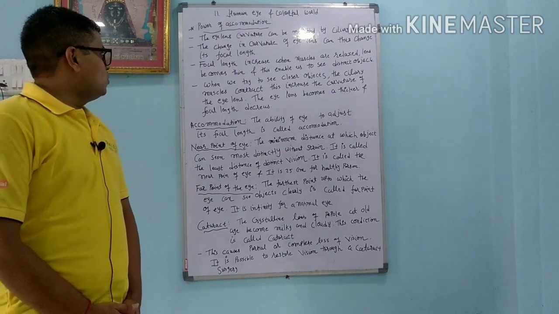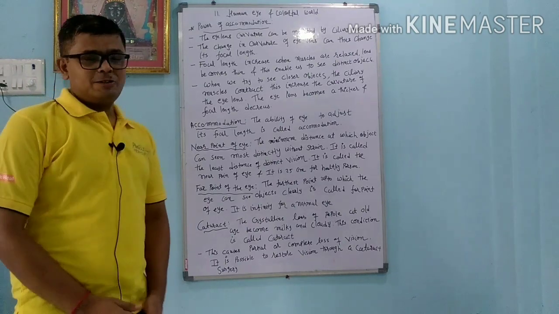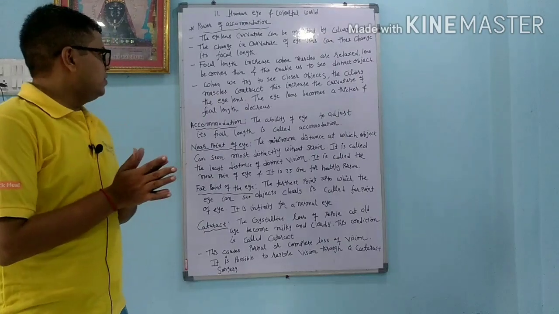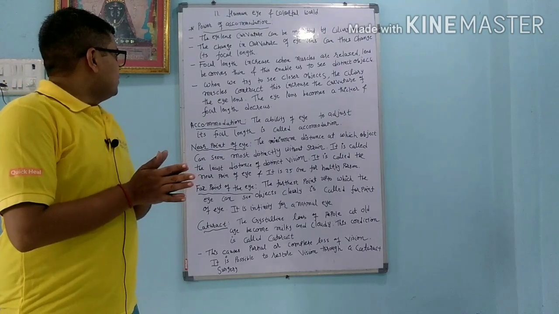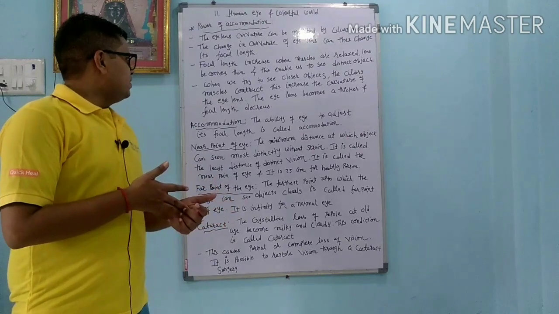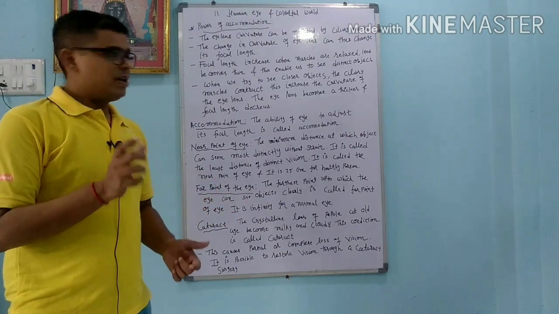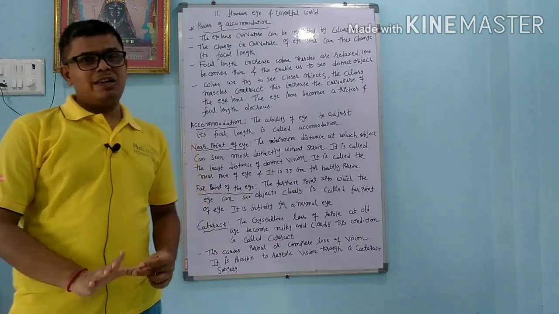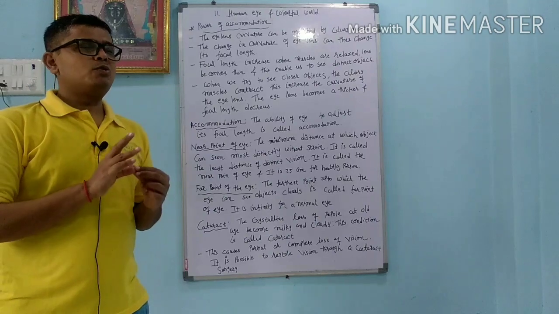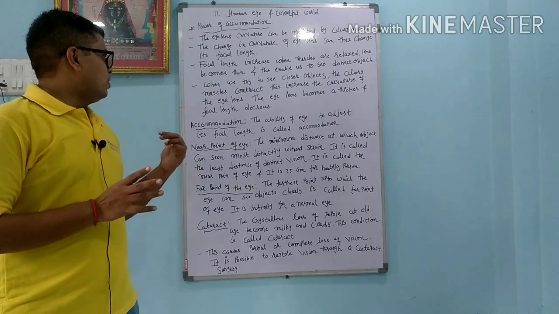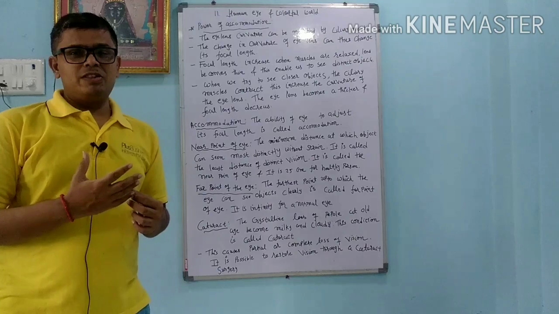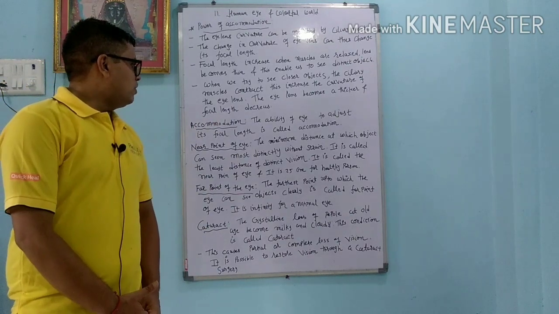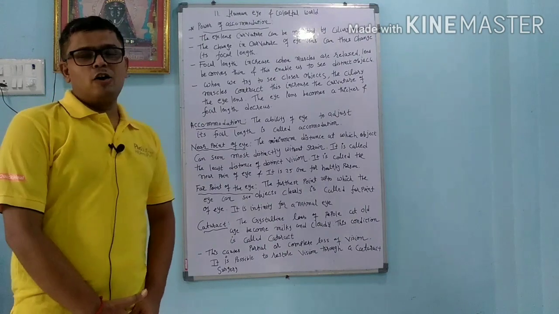When we try to see a closer object, the ciliary muscle contracts. So whenever we try to see a very near object, the ciliary muscles contract. This increases the curvature of the eye lens, and the eye lens becomes thicker. So the eye lens becomes thicker and the focal length is what? Decreased. So dear student, remember that the focal length is increased when we want to see an object very far, and the focal length is decreased when we try to see an object which is very near. Now the main thing here is accommodation. The ability of the eye to adjust its focal length is called accommodation.